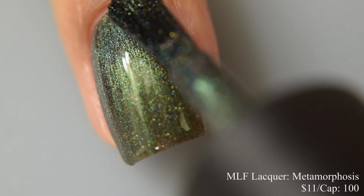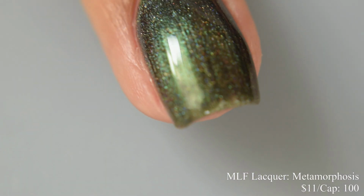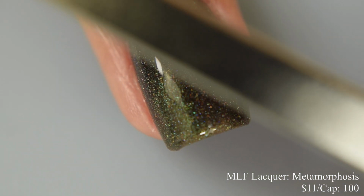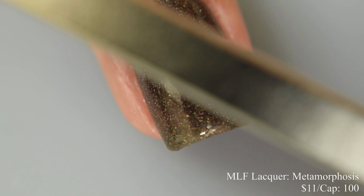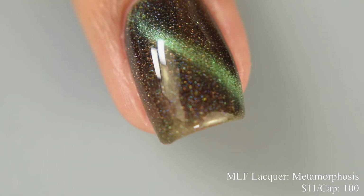Now this has a really nice formula to it, so if you are new to magnetic polish, my typical spiel is you want your last coat to be pretty generous in terms of your coat amount. You want to go just a touch heavier to make sure that you have plenty of magnetic pigment to come into the center of your nail wherever your magnet is, and it just gives you that stronger looking